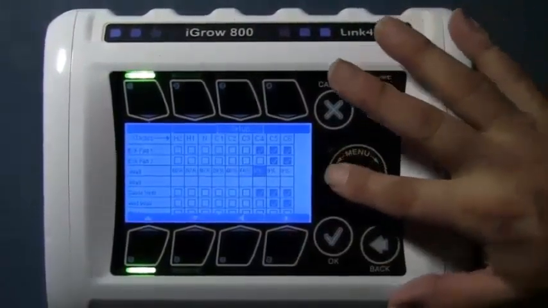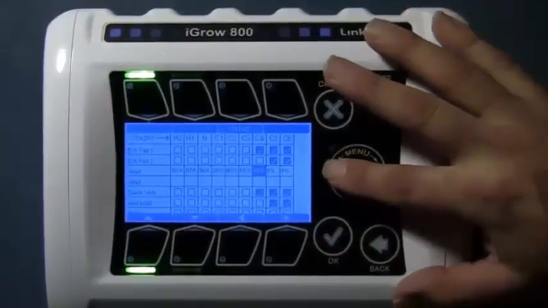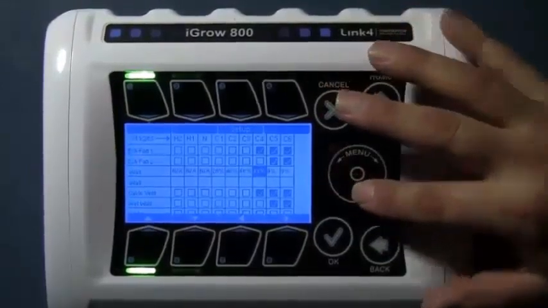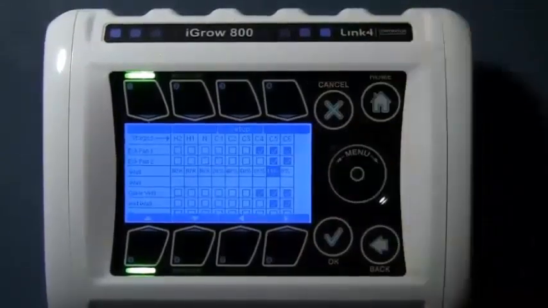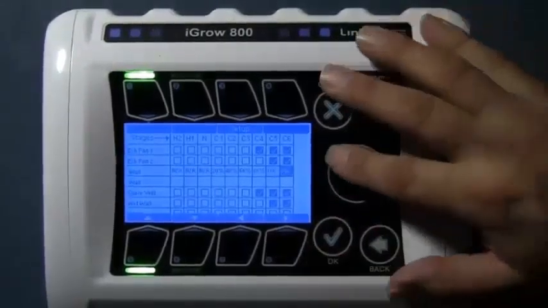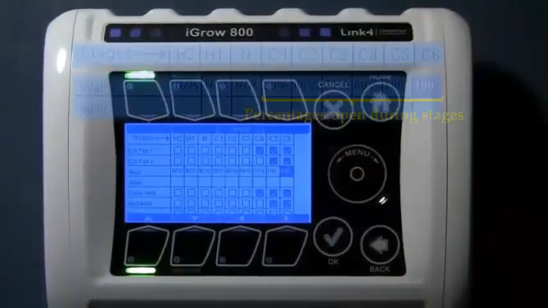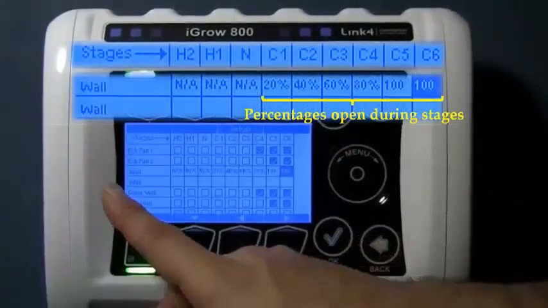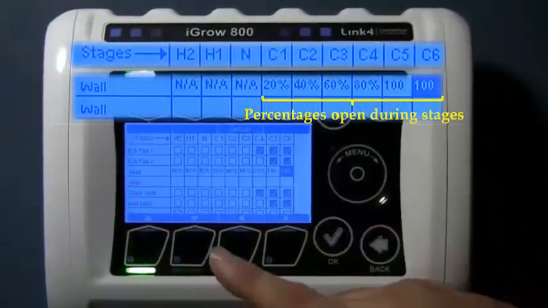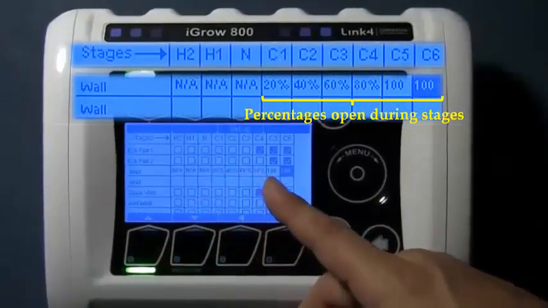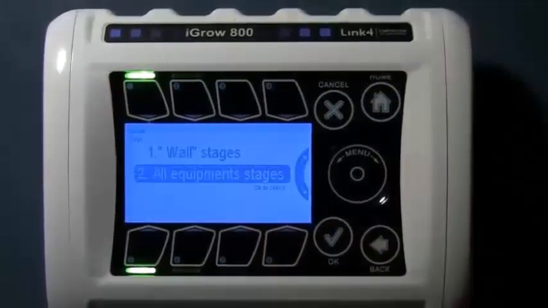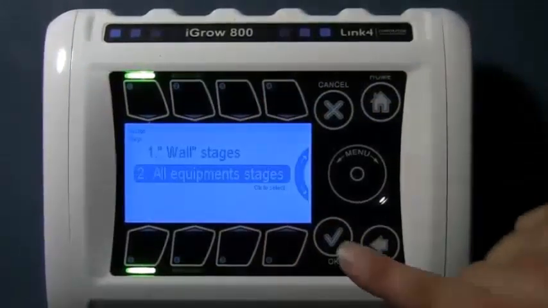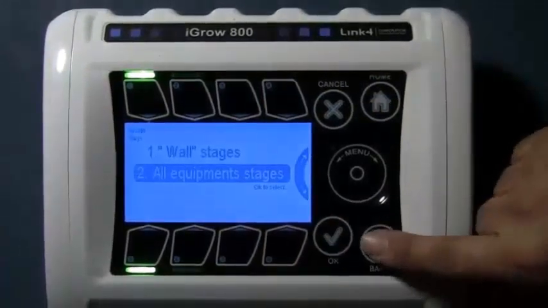You can also go backwards to get to the higher percentages. So what we've done is set the wall vent to be open from 20, 40, 60, 80 to 100% in our staging. And continue to go back